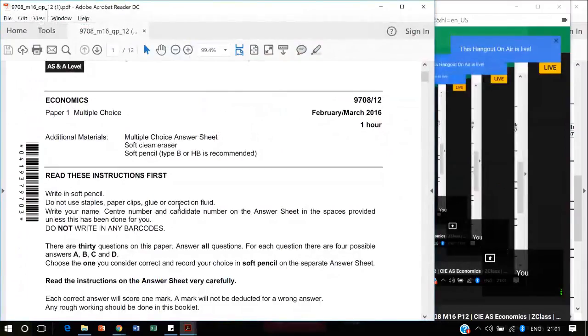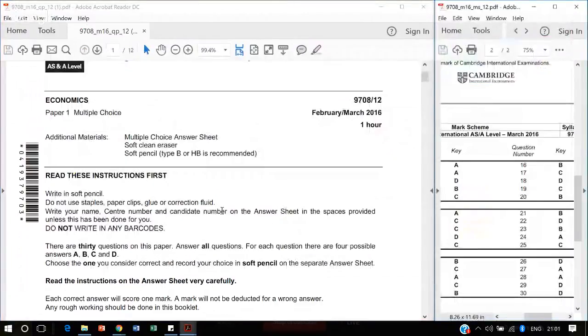AS CIE Economics paper. Let's start. It's a multiple choice paper, so the techniques are obviously going to be very different to some of the essay writing stuff, but there's lots to learn here, and it's the same knowledge which you can be using on both